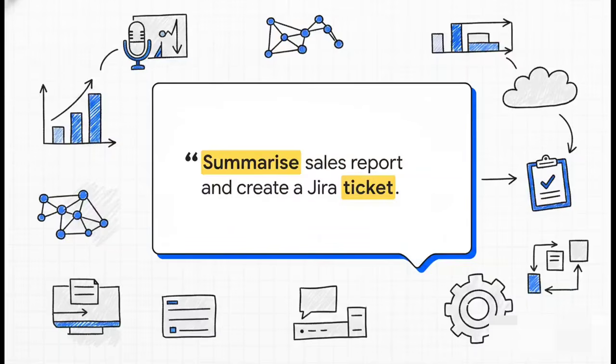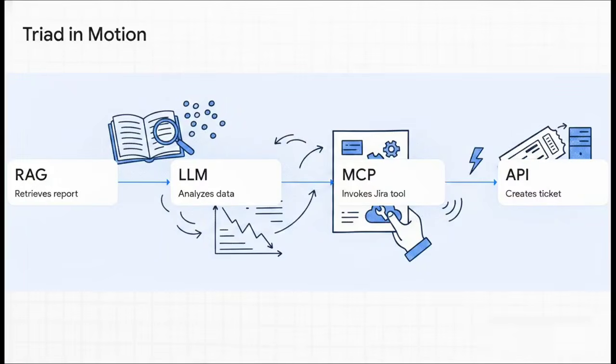To really see them collaborate, let's imagine a real-world prompt. Say you type this exact instruction into your AI assistant: summarize the latest sales report and create a Jira ticket if revenue dropped below target. Watch closely as the Triad springs into action, and just think about how much complex engineering is required to make that single sentence a reality. Here is the incredible workflow that executes almost instantly behind the scenes, and this brilliantly illustrates the Triad seamlessly passing